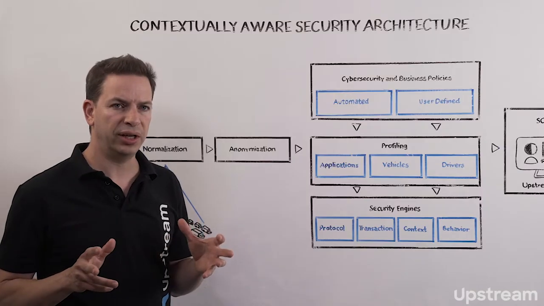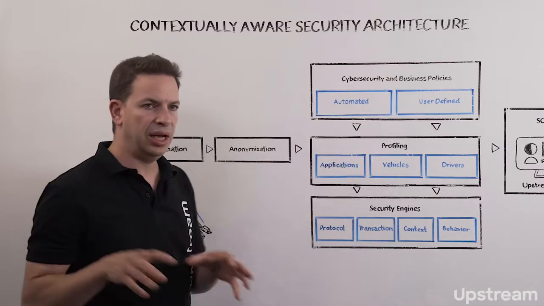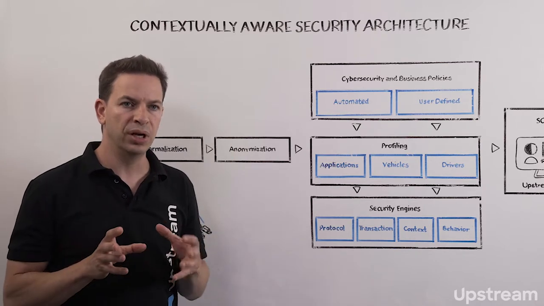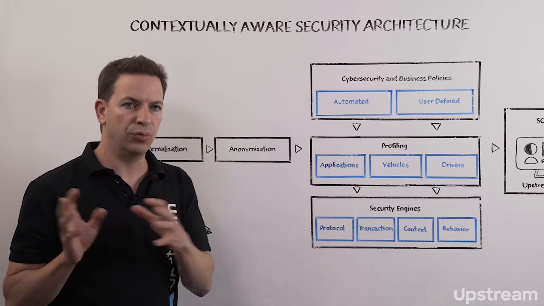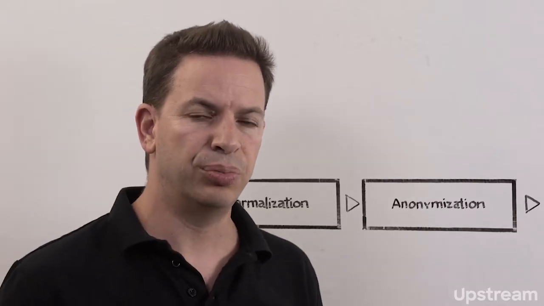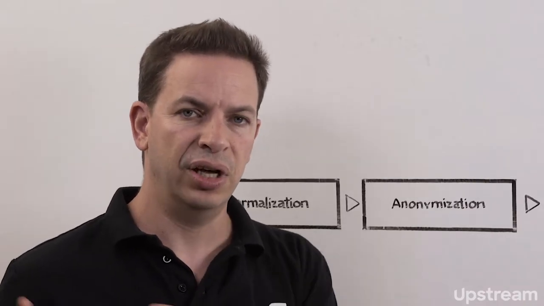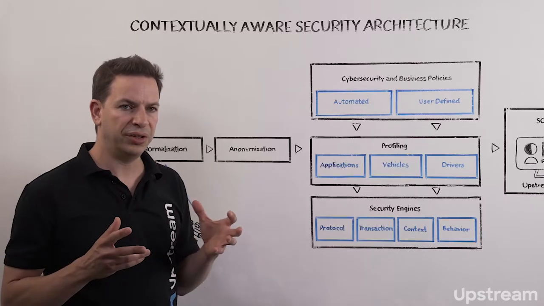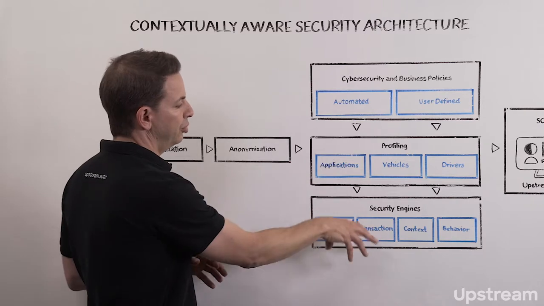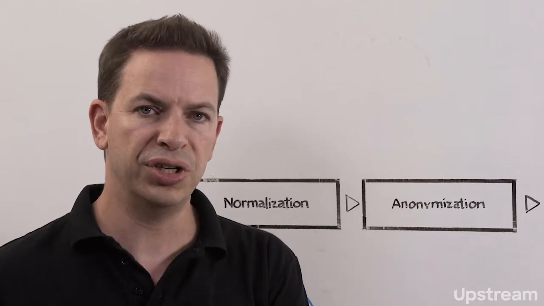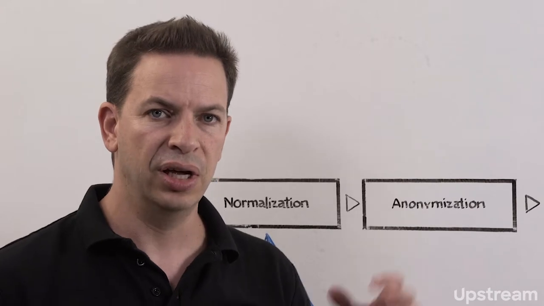The next profiling that we do is on the vehicles, and we look at individual make models of vehicles, and we're able to group them so that we can then apply rules on specific groups of cars. And finally, we are able to profile the individual drivers either at the fleet level or a specific driver level. The profile data is then being fed into our security engines that actually perform both real-time and non-real-time actions for